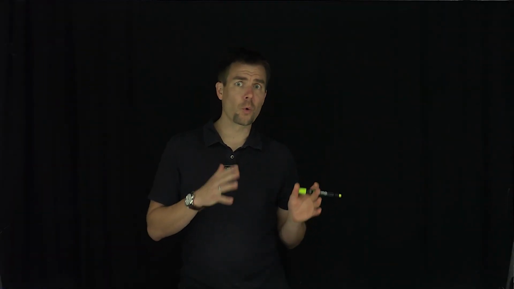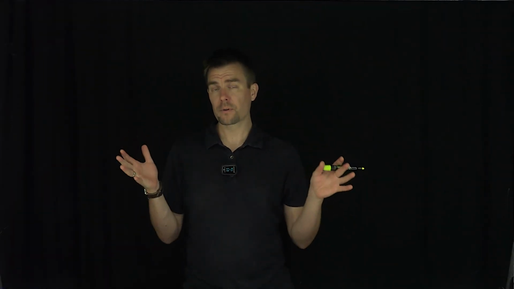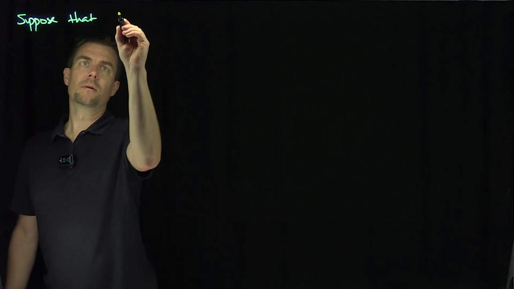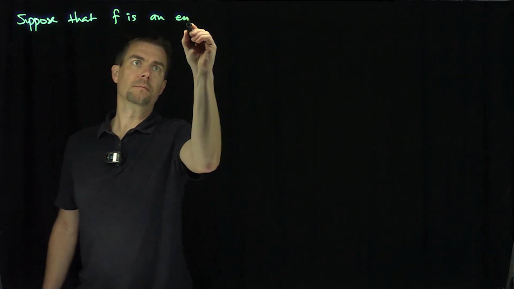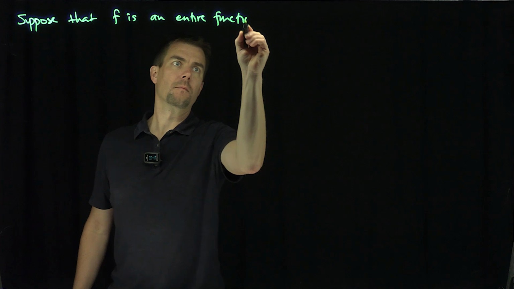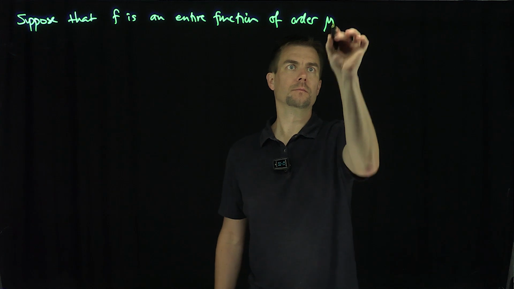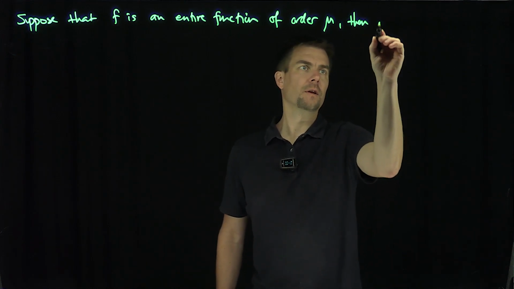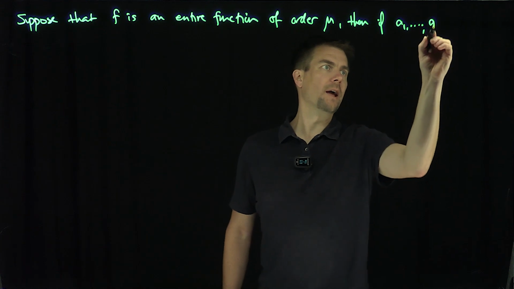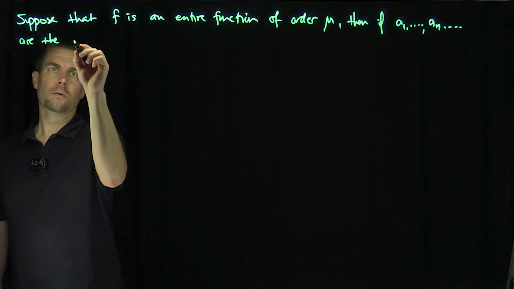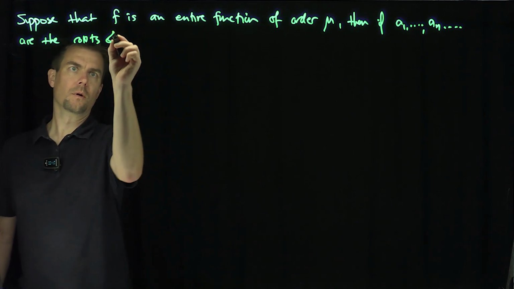Hello students, in this video we will find a formula for the nth derivative, or the pth derivative, of the logarithmic derivative of an entire function whose order is mu. So let's suppose that f is an entire function of order mu. Then if a1 through an are the zeros of f,